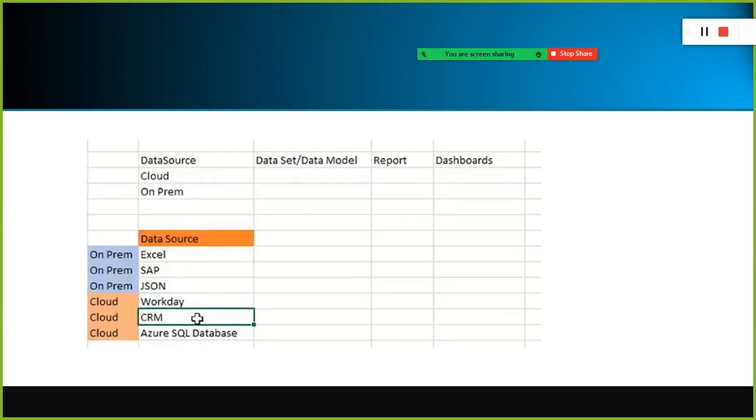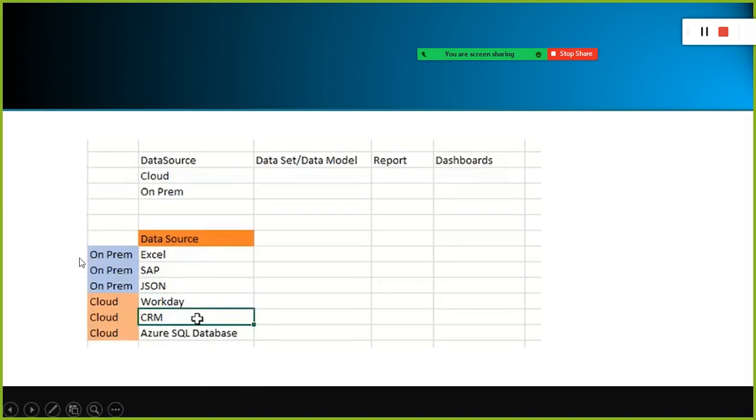So next, what we will see is we will take a look at this one. For example, as I told you, we receive data from various source systems, in different formats, different files. Excel file, I'm getting some data, and SAP system, I'm getting some data, and JSON. I need to use all these 6 source system files to combine. Combining these 6 source system files, I need to generate some reports and dashboards.